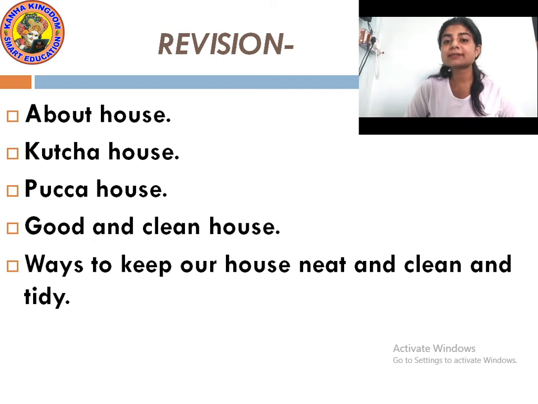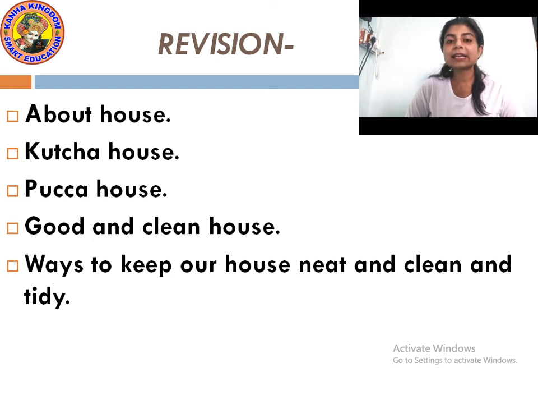The first feature is sunlight. Sunlight is very essential for us. Okay, it keeps the house free from germs. That is why a house should have doors and windows so that the sunlight can get into the houses, to let in the sunlight into our houses. And sunlight keeps our house healthy by killing the germs from our house.